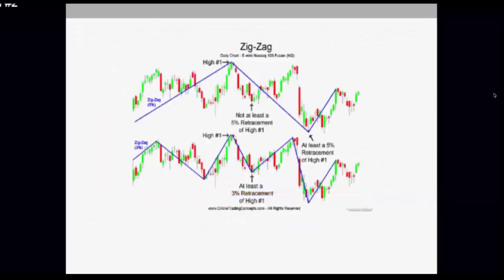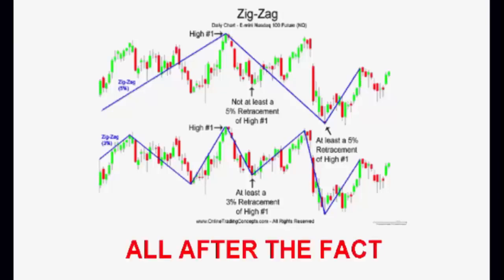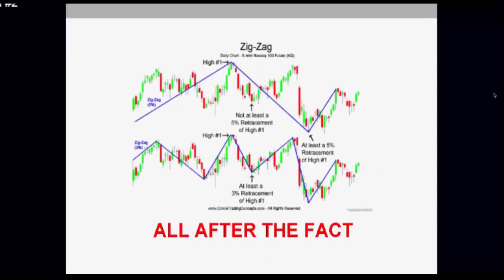Here are some examples of stuff that I used to learn about, some programs that showed you how to trade, or so-called trade. If you look at this, it really doesn't make sense. They're drawing lines here, lines there, zigzag lines, and claiming that's going to tell you how to trade. Of course, this is all after-the-fact stuff. Tom, it's kind of like you hear people say you've got to buy low and sell high, or buy in and buy out, but they never really show you exactly what to do. And the big boys don't do any of this, okay?